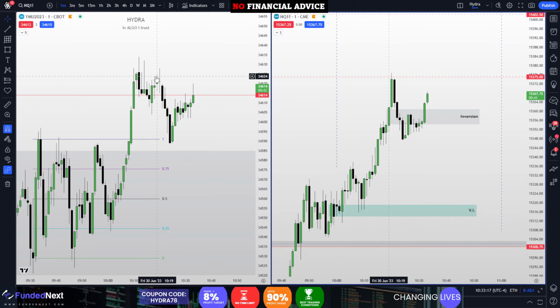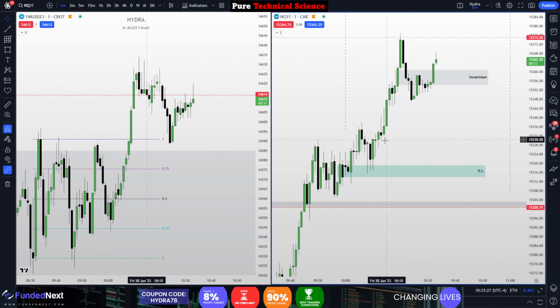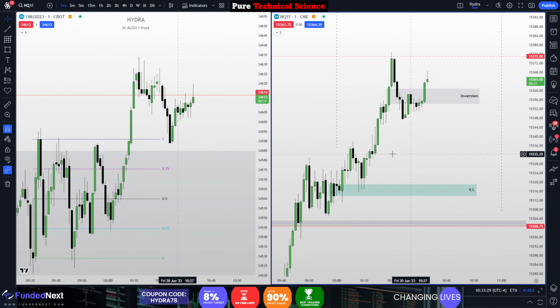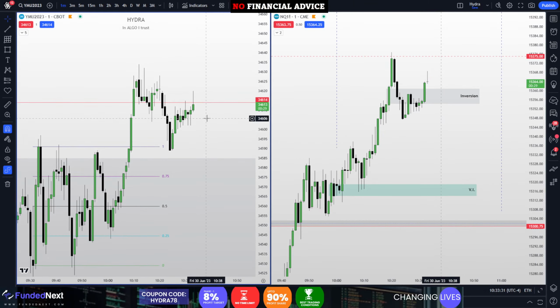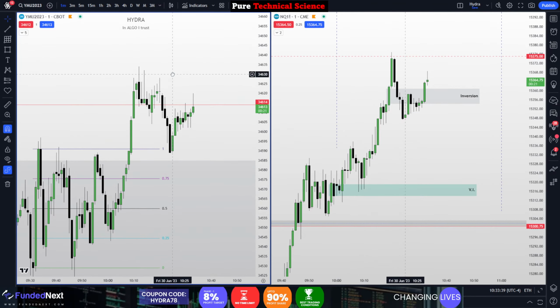Relative equal highs and lows, that's where I target, and my target is above my bias, right? My bias is bearish. I want to see price clearing out the relative equal lows. But is it happening here? No, price is generating my targets above. It should be below, it's above. So because of that,